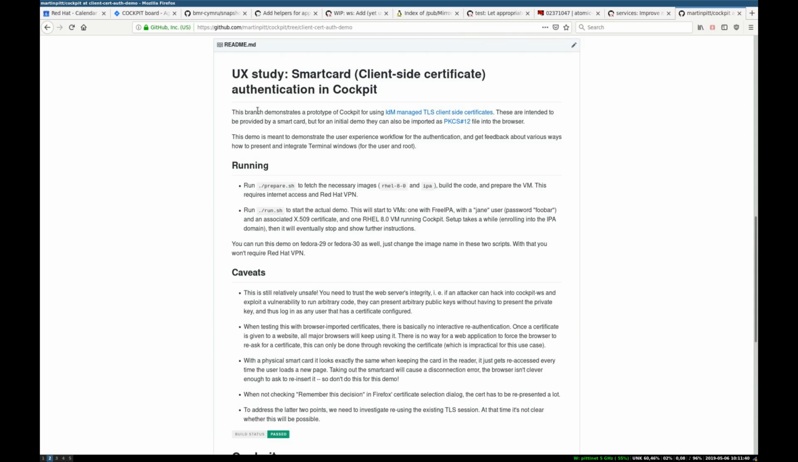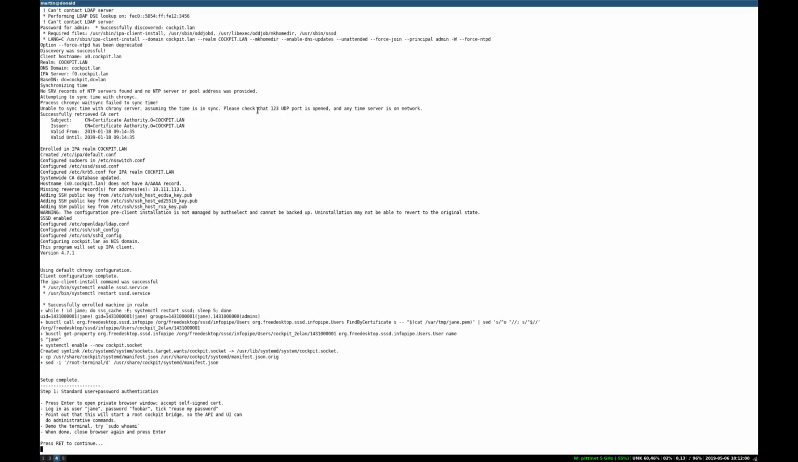So because of that, I don't only want to show the actual authentication with a smart card, but also give some emphasis on various ways how to integrate the terminals. This demo lives in a branch of mine in GitHub, and the README should explain everything you need to run. But of course, unlike every good cooking show, I already pre-ran this for you, so that you don't have